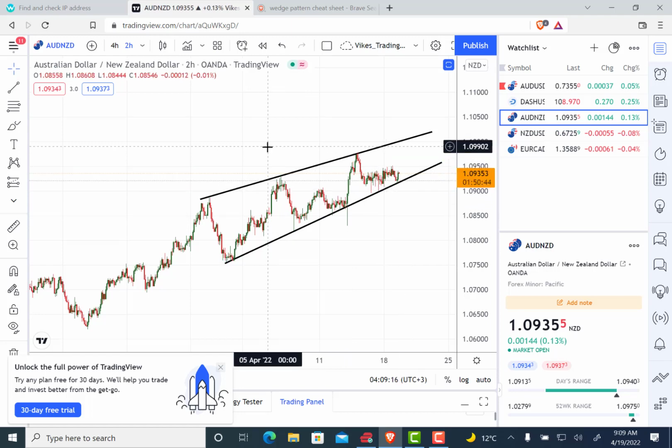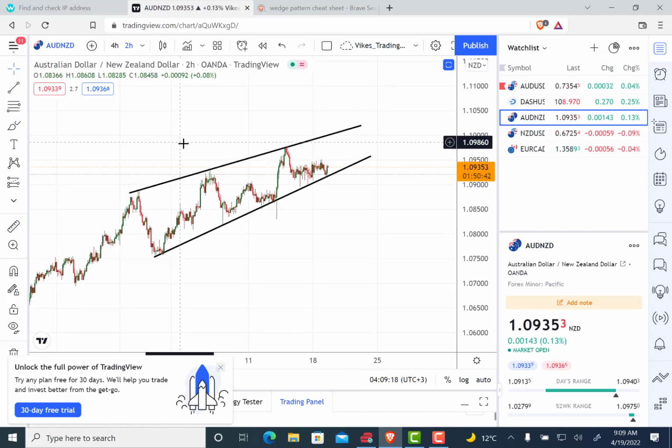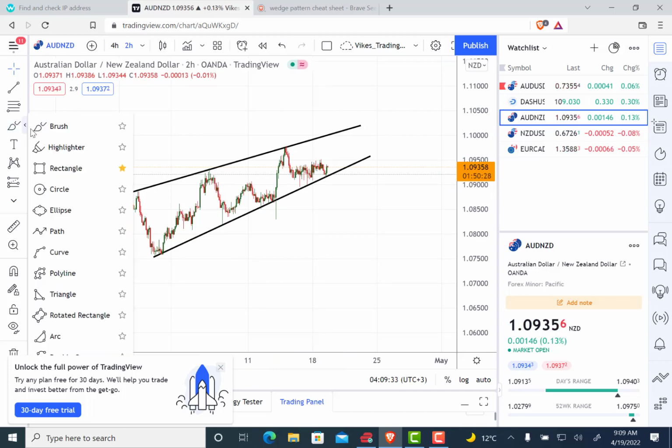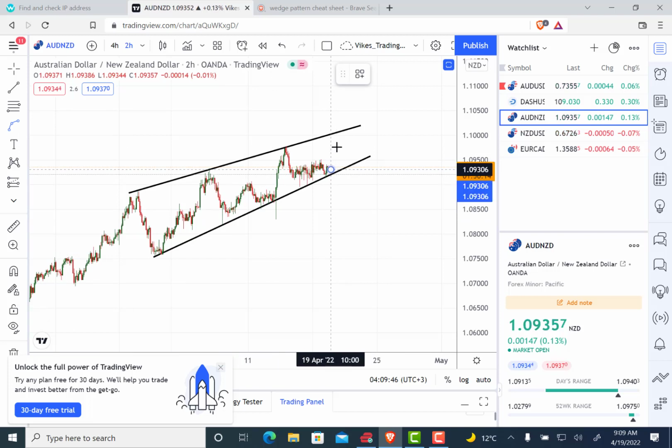So how do you expect that this pattern will behave? First scenario, this pattern will reject. It has started rejecting the lower channel of the wedge. So what we expect is that this price will come all the way up and form another equal high or spike slightly higher to form an M pattern so that it can reverse. So we expect the prices to push all the way to this level,